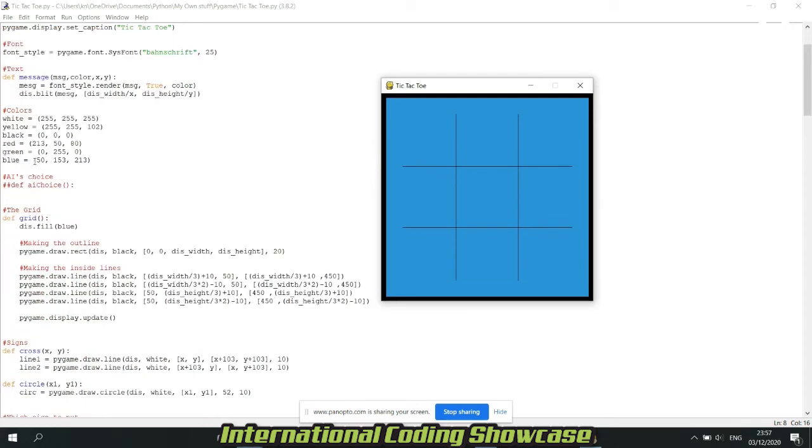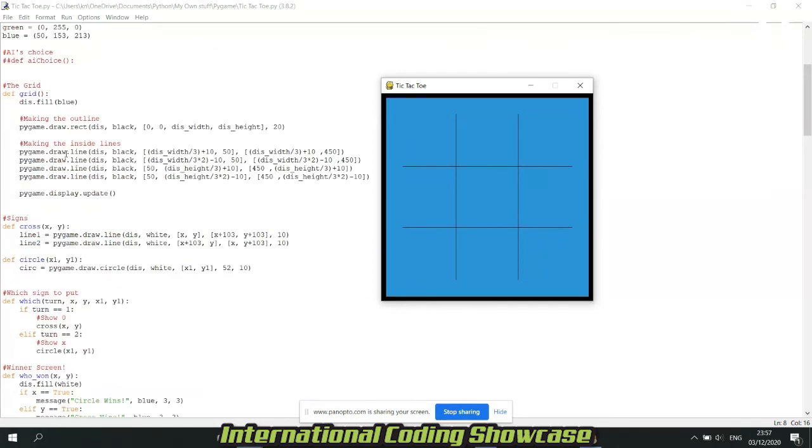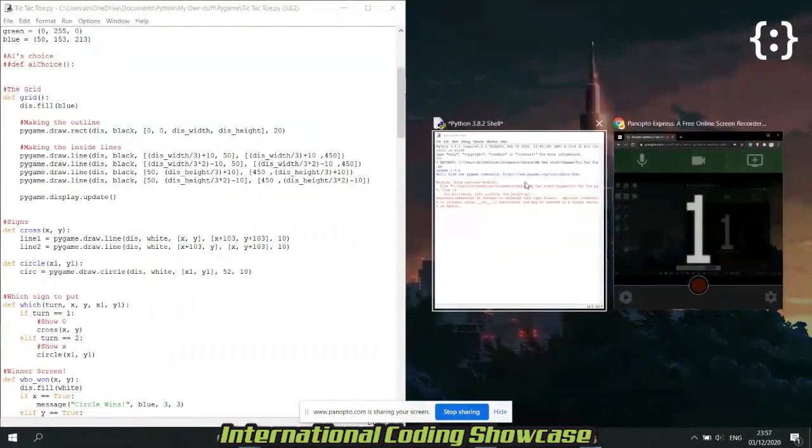Each color has to be manually written out. For example, blue is just a variable. This is what it actually means, the RGB values of blue. So for example, green, the red value is 0, the green value is full, and the blue value is 0. So it's just green. And the grid, so a lot of this code is actually just